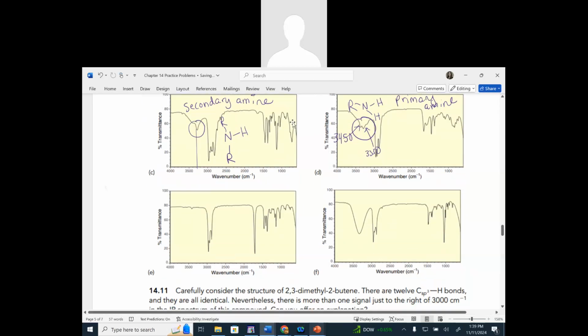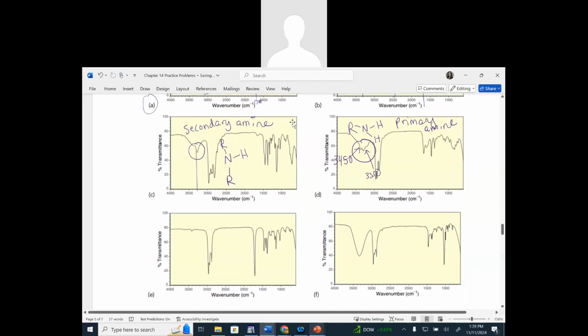Let's take a look at E here. And the only thing that we see as far as a strong signal or indicative of what type of functional group we have would be this carbonyl, this CO stretch, right around 1700. So again, this indicates the CO stretch of a ketone. And our last